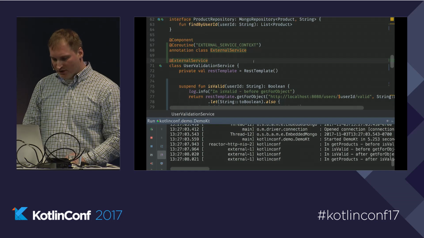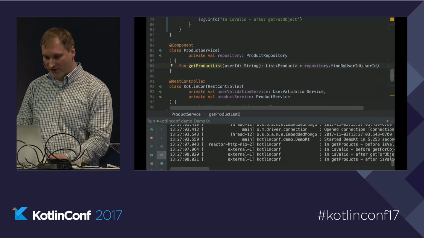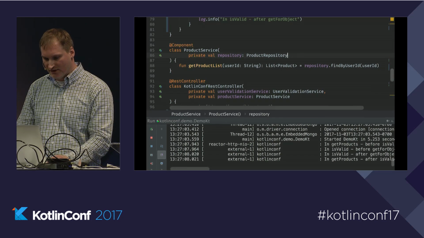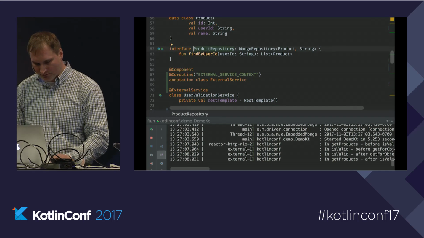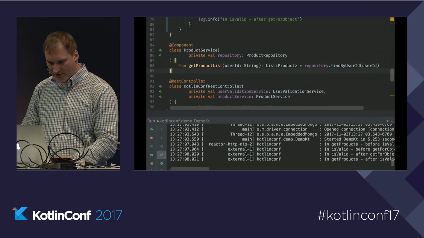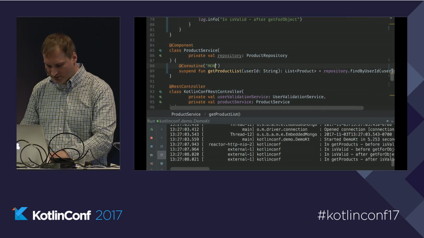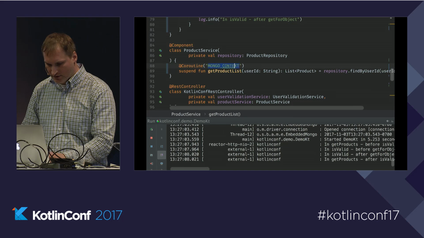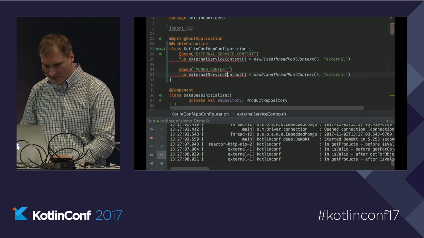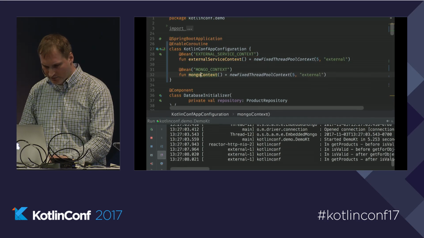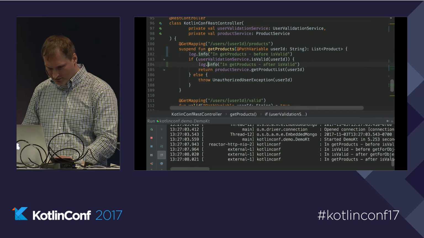So we also have a Mongo database here. So we can have a separate thread pool for a Mongo database as well. So here, our product service uses the repository. The repository is the Mongo repository. It uses Spring Data, quite a straightforward solution. So let's make this function suspending. Let's make it use a special coroutine context. Let's call it Mongo context. Mongo. Let's call it Mongo. And